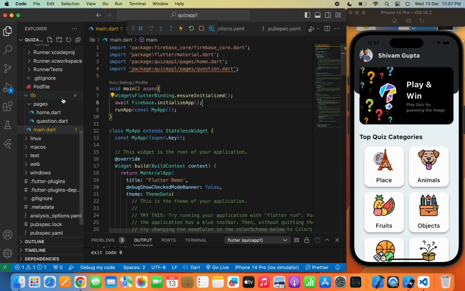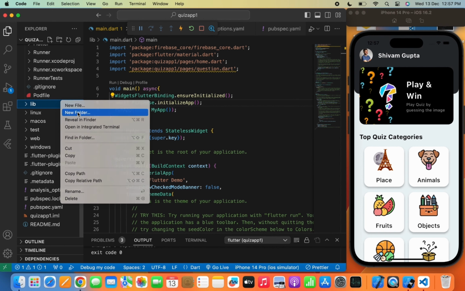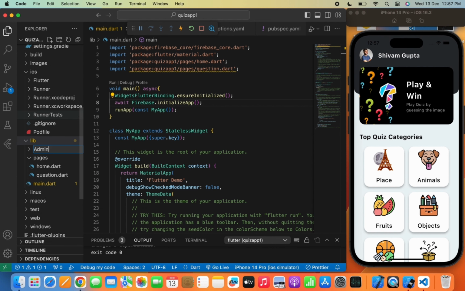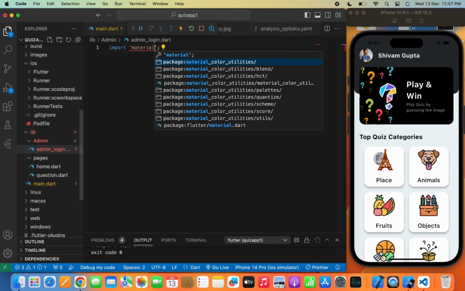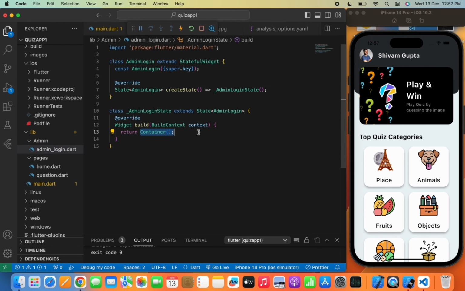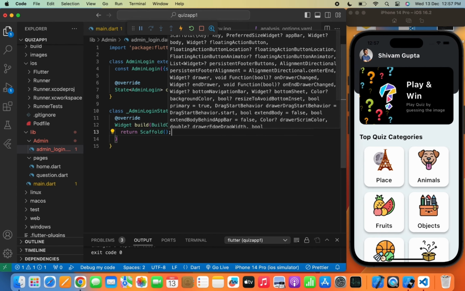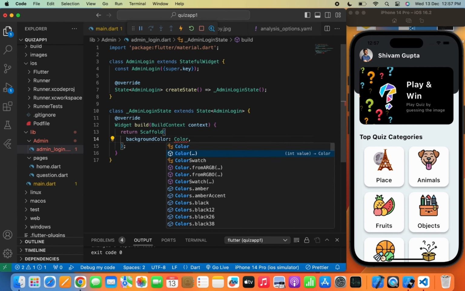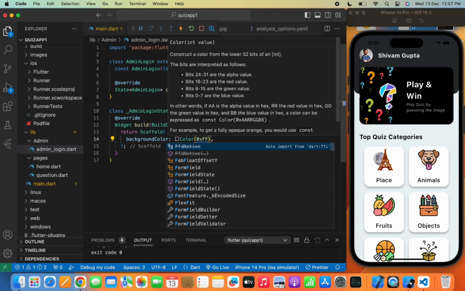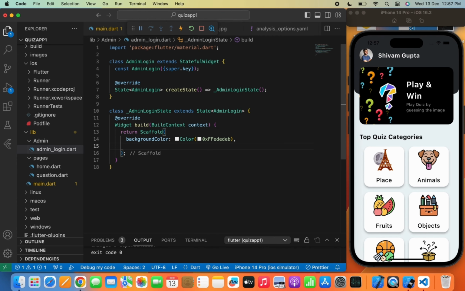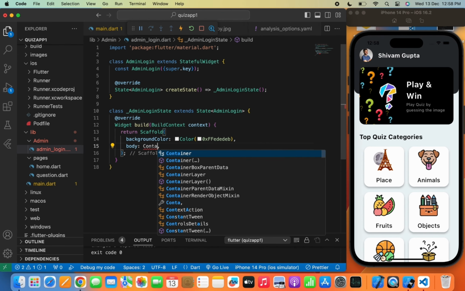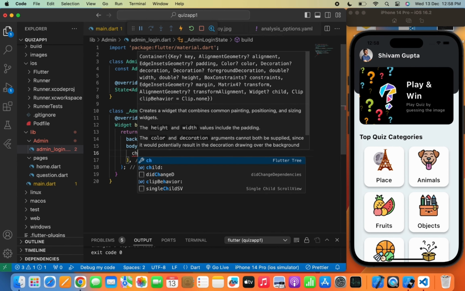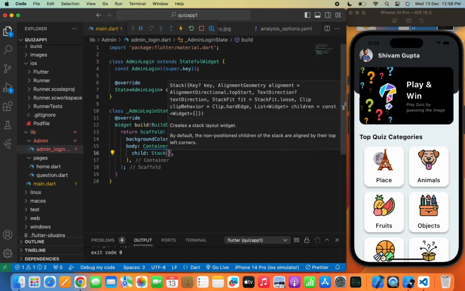Now let's move and we'll create a new folder name admin here, and inside the admin folder I will create a new file name admin_login.dart. Now we'll create a stateful widget name AdminLogin. Now scaffold, and we'll pass a background color to the scaffold. So we'll write Color(0xFF and we'll pass a customized color code. Now body, container, child, stack, children,